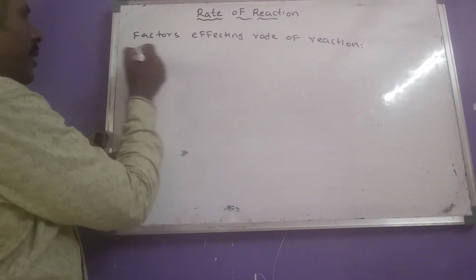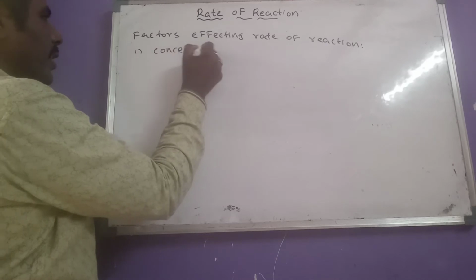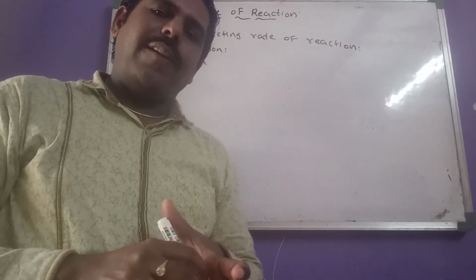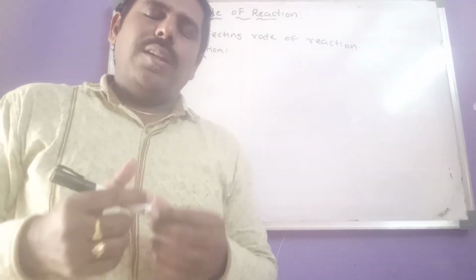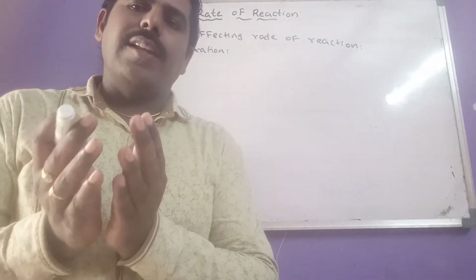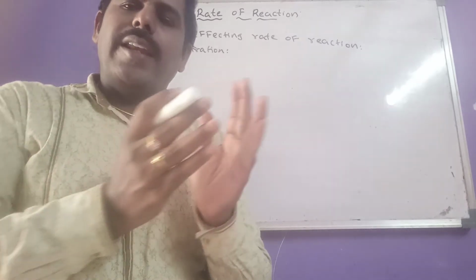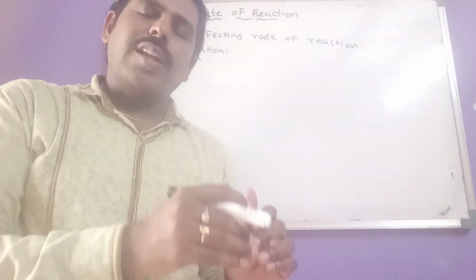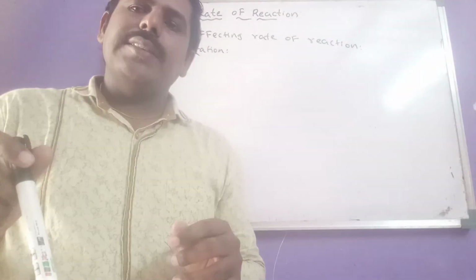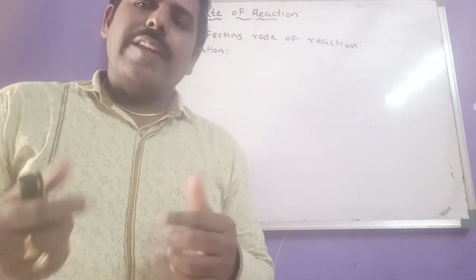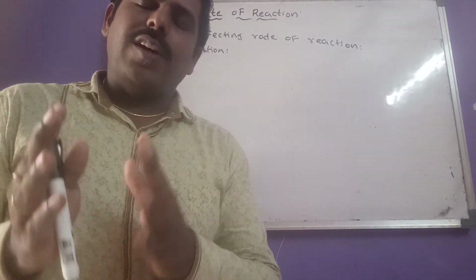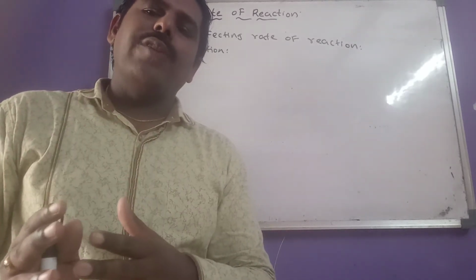So first one is here, let us consider concentration. How will the concentration affect the rate of a reaction? For example, consider one concentrated sulfuric acid vessel, that is A, and in another vessel take dilute sulfuric acid. If we dip a zinc rod in both of them, in which case does dissolution take place fast? That means in the concentrated sulfuric acid vessel.